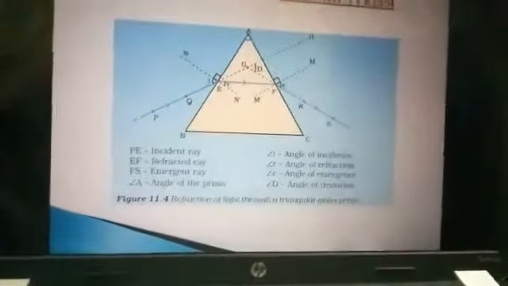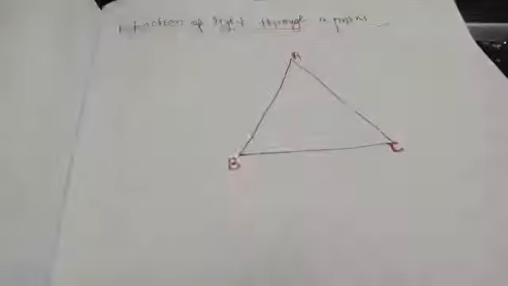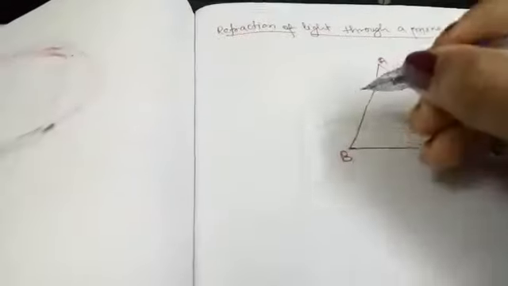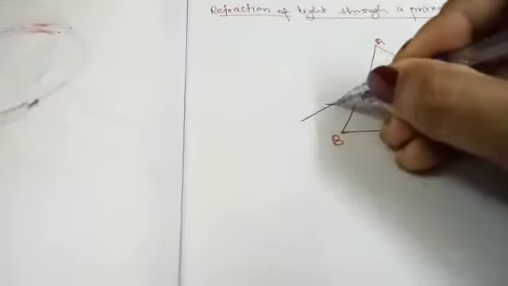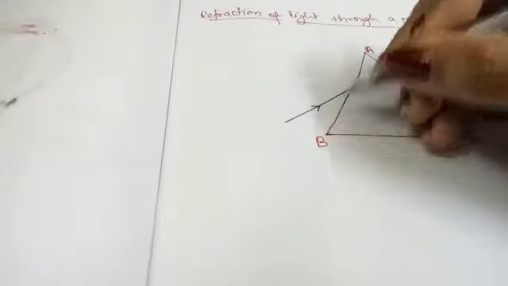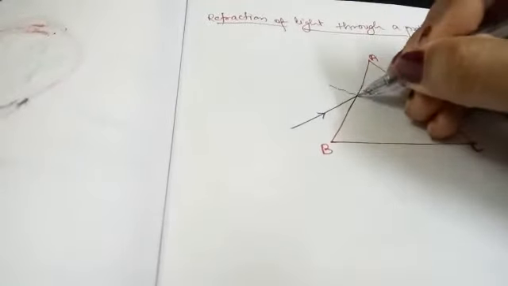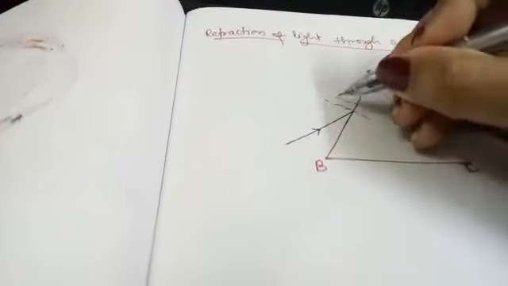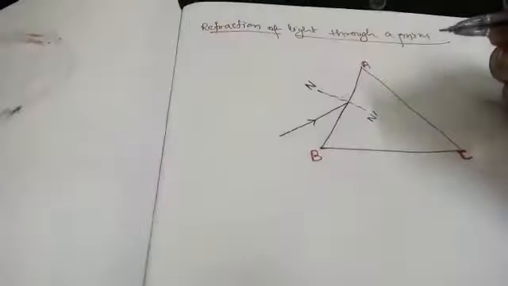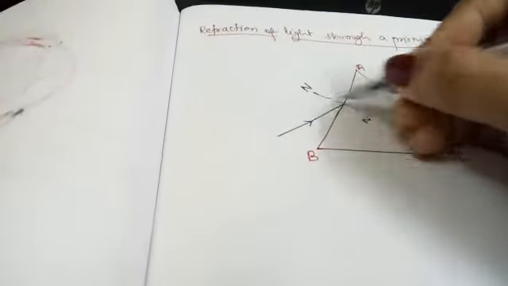Then here we are drawing the same diagram on a paper, means how to draw the same diagram on a paper. So here we have a triangle ABC, and then what we are doing, we are making the incident ray. Okay, incident ray, understood? Arrow moving towards the face, arrow aati hui, right? And with reference to this surface, means with reference to this side AB, draw one normal. Okay, that means this angle must be 90, understood? And we have labeled here N and N dash, understood? So this one is incident ray and this one is normal.